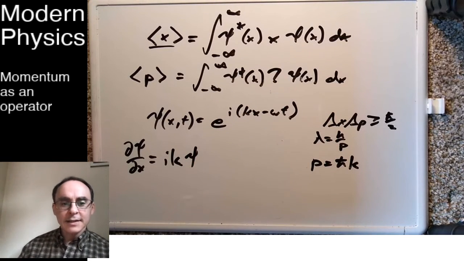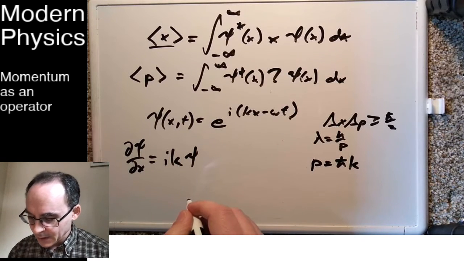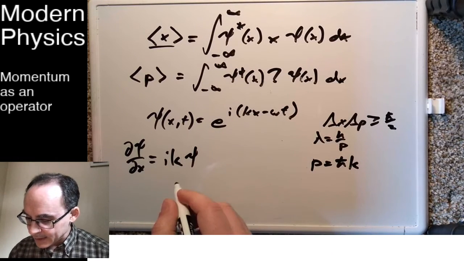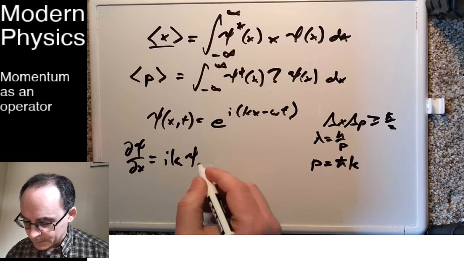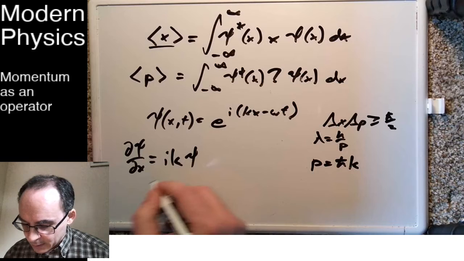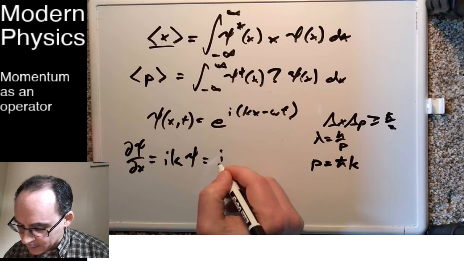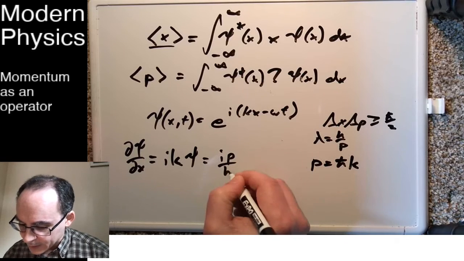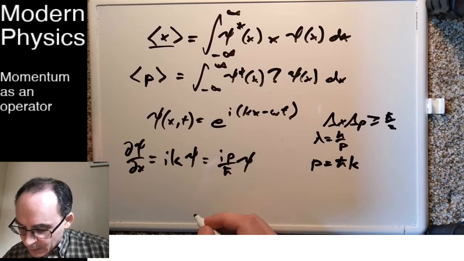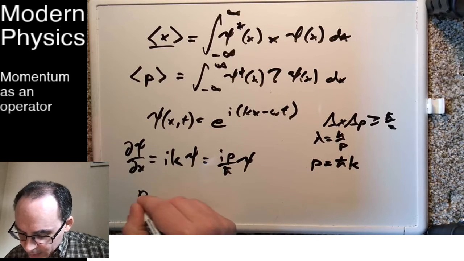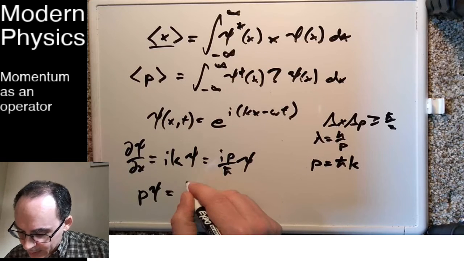So dψ/dx is just i times k times the wave function. And so if I say, well, k is just p over h bar, then I can write this as i p over h bar ψ. And then let me rearrange things a little bit. Let me write this as p times the wave function equals, and then I'm going to write h bar over